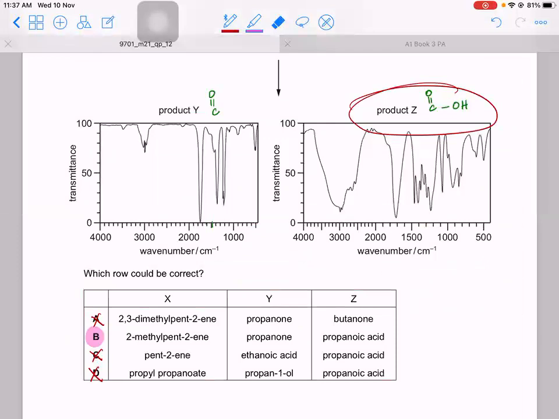All right? But even if you just identified the C double bond O, you're good to go. You know it cannot be alcohol. It cannot be acid. And this for sure is acid. So both are not acids. Therefore, you eliminated this because both options are not acids. Both are not ketones either. One is acid for sure. There is no alcohol, so you eliminated D also and you're left with only B. You don't even have to check. You understand this? But if you want to, we'll do it.